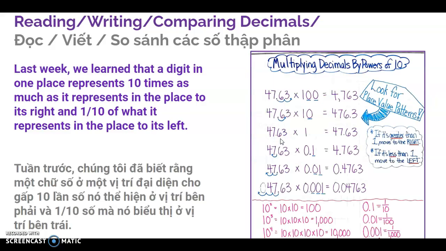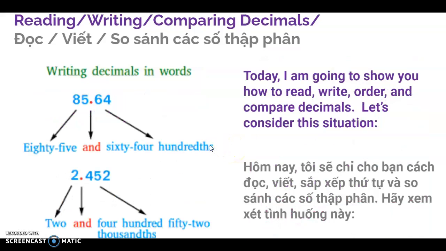Okay, so last week we learned that a digit in one place represents 10 times as much as it represents in the place to its right, and 1/10 of what is represented in the place to its left when we're looking at a place value chart. Okay. Today I'm going to show you how to read, write, order, and compare decimals. Okay. Let's